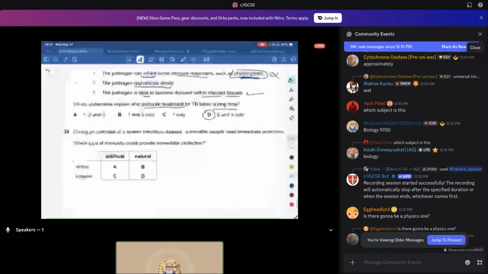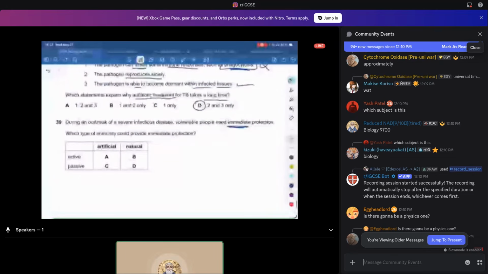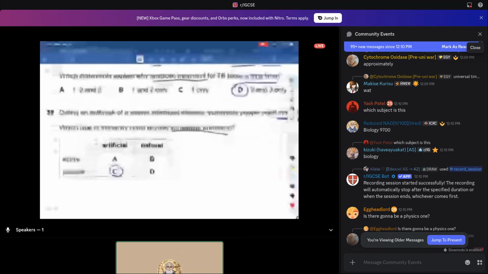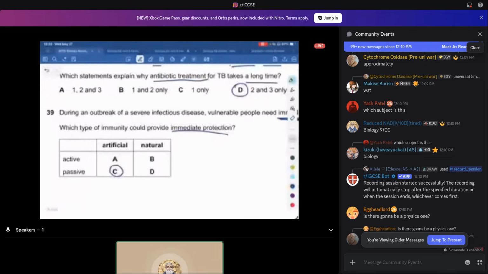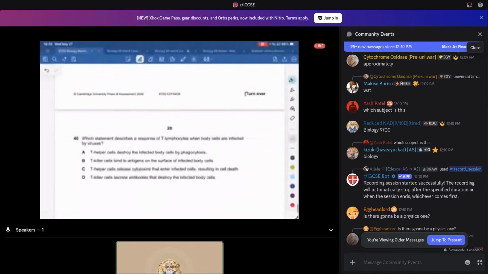38D. Last 2 questions. During an outbreak, immediate protection is needed. What type of immunity could provide immediate protection? It will take a very long time to work. We know this. So A and B are immediately eliminated. Natural immunity does not provide. Now, natural passive immunity, the issue with it is that it cannot be administered immediately. Natural passive immunity is either through the placenta or through the colostrum of breast milk. It is not something active. Artificial passive immunity is giving antibodies. It's giving antivenom. It's giving